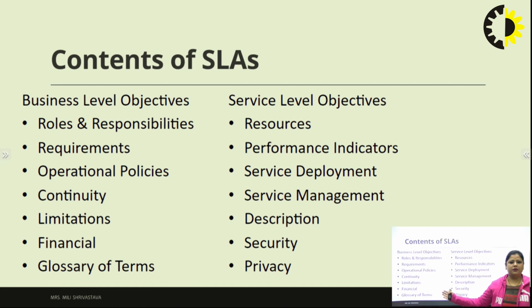These are the contents of those responsibilities, that is roles and responsibilities, requirements, operational policies, continuity, limitations, financial, glossary of terms. And in the case of service level objectives: the resources, performance indicators, service deployment, service management, description,